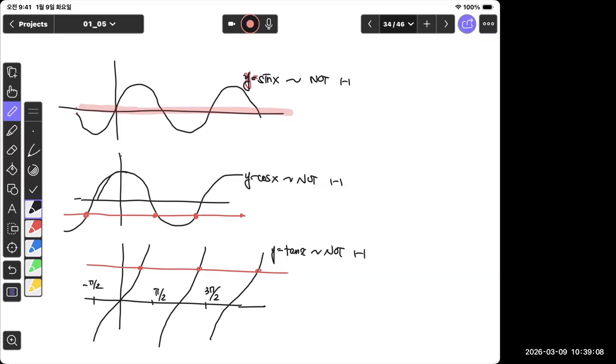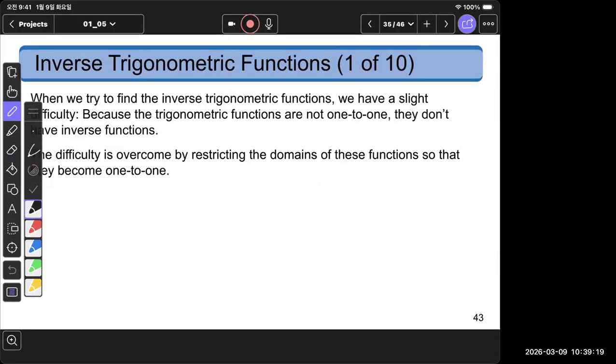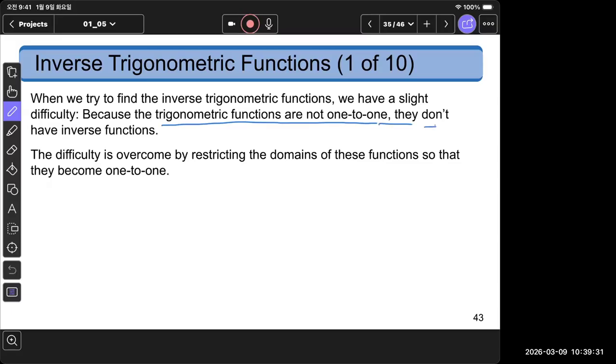So in case of the trigonometric functions, we want to change the definition a little bit. So here's how we define the inverse of sine or cosine. And as I said, those sines and cosines are not one-to-one. They do not have inverse functions,